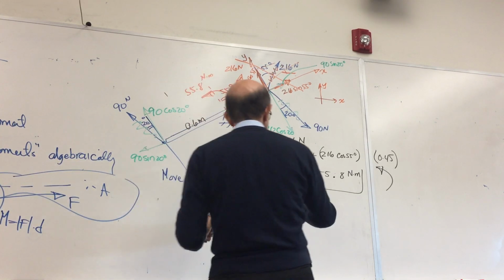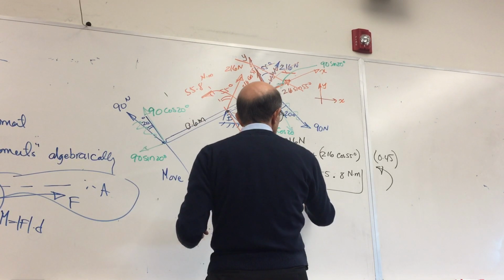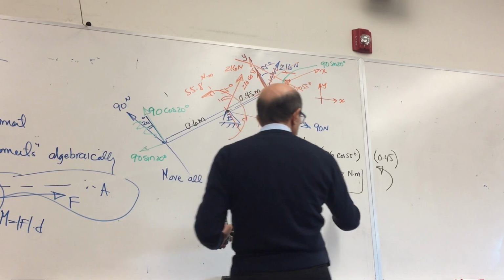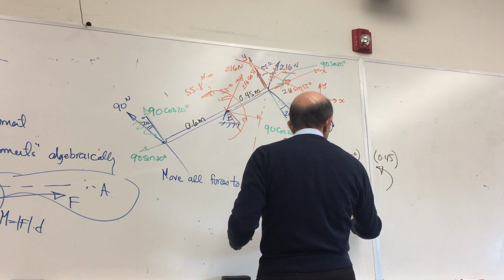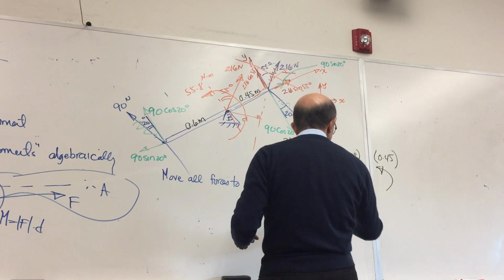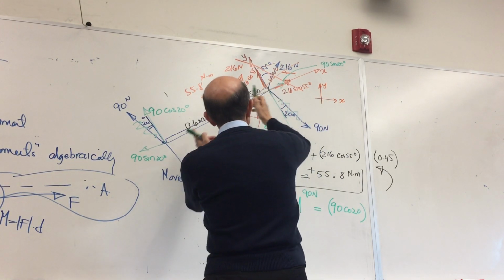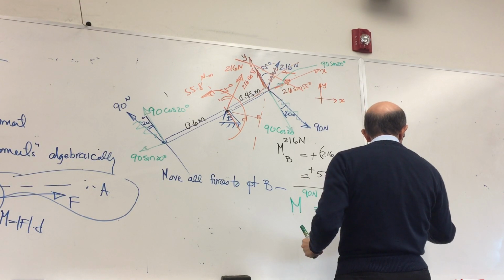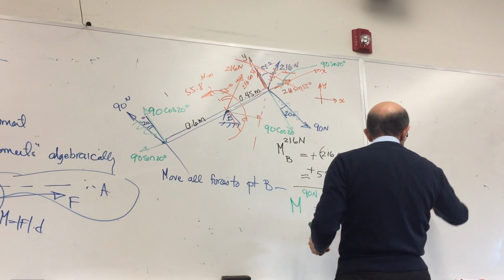And the moment of that 90 Newton couple would be 90 cosine of 20 times the distance between the two, which is 0.6 plus 0.45,